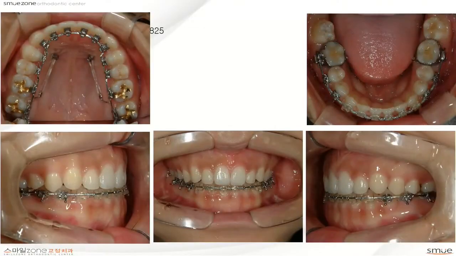And after the hook was soldered in between the 6 and 7, and after the cinch back, maybe spaces are produced temporarily, but we are trying to move